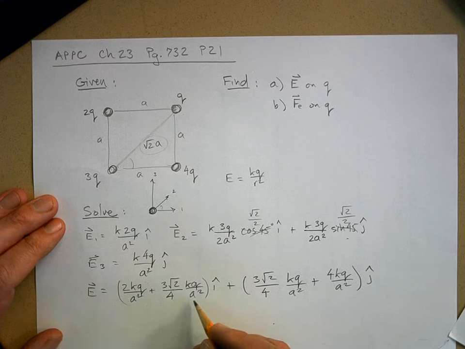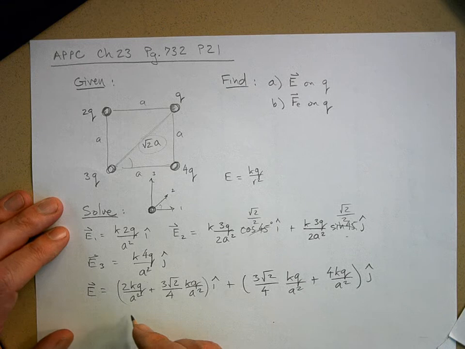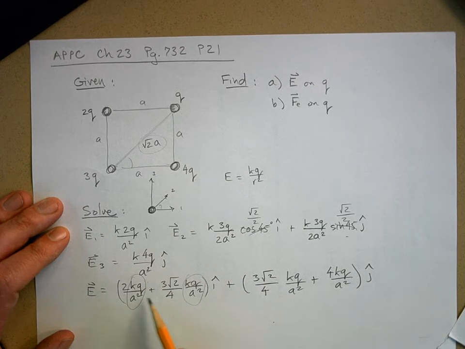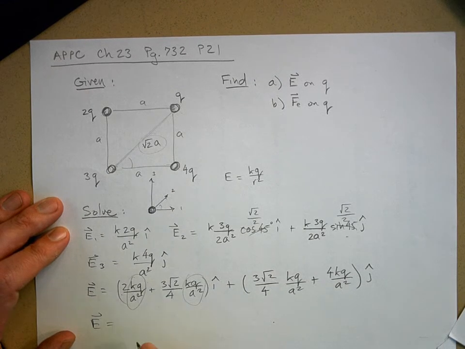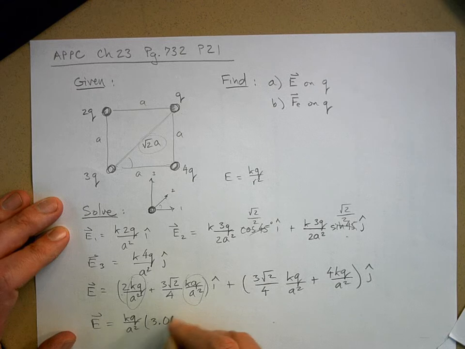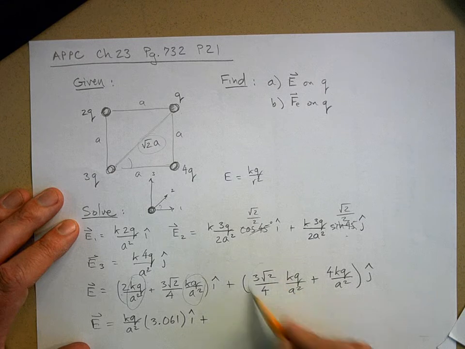And then you can add these together. Here we have kq over a squared, kq over a squared. So that stays the same, and then we can add the 2 plus this. And when you crank it into your calculator, and I've already done it, but if you just do the arithmetic and add this up, you get kq over a squared times 3.061 in the I hat direction. And then when you add this plus this,